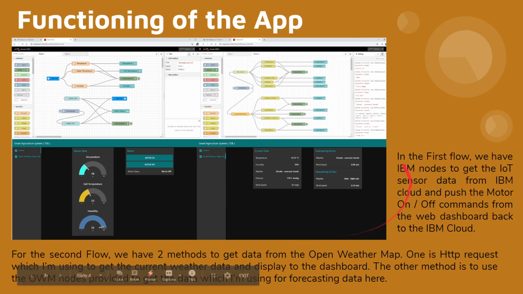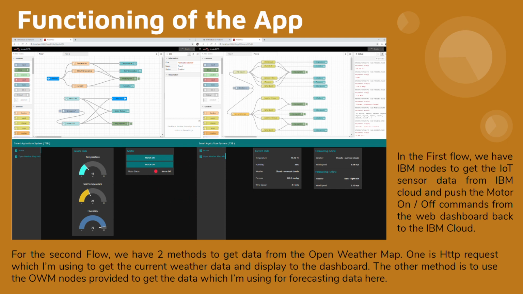And this is how the UI screen looks. These are two different screens whose screenshots are taken and placed adjacently just to fit. On the left half is the IoT sensor data and the motor status, which is either on or off depending on the click.